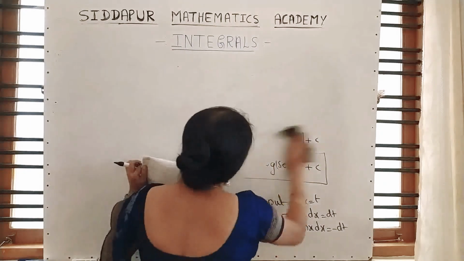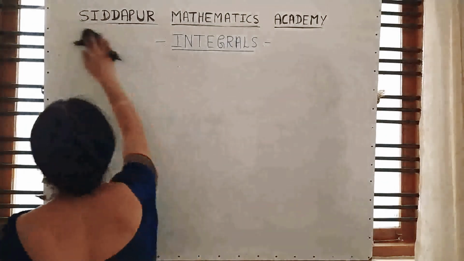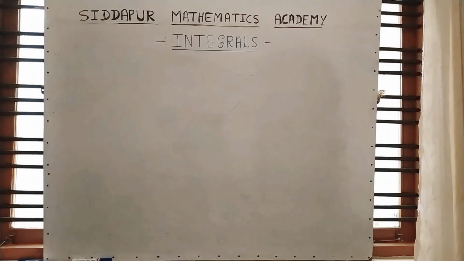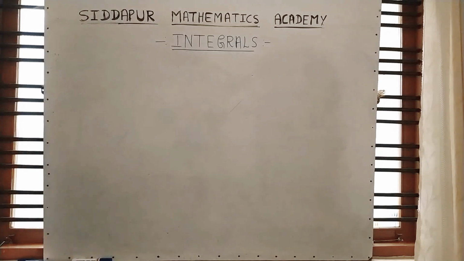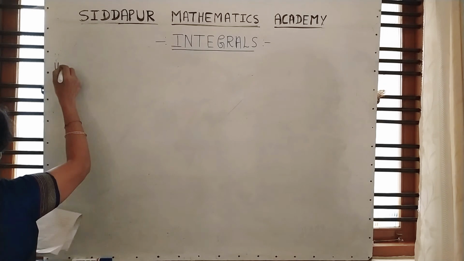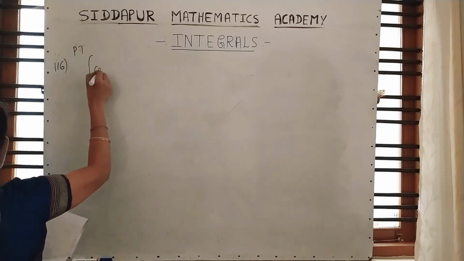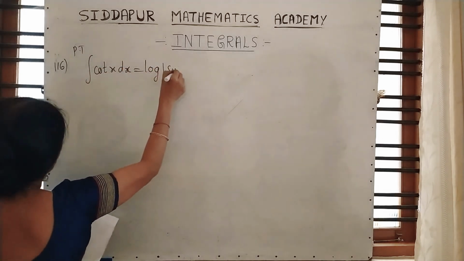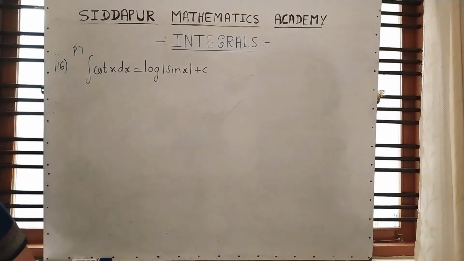These all are derivations. Please note down, and after deriving this, write it down in the formula list, whatever you wrote in the first class. And I told you to leave some place, we are adding some formulas in that. Moving to the next one, question number 116. Prove that, same. Integration of cot x into dx is log of mod sin x plus c. Here also just write down the LHS.